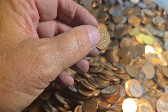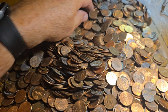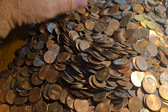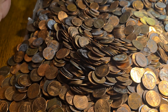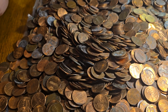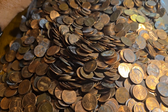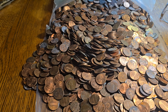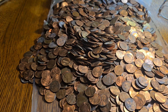Here's a Canadian. I was looking through the bag. When I got it and put it in the trunk of my vehicle, I could see a lot of wheat pennies just scattered throughout the top portion of that bag. And I flipped it over 3 different sides, and I saw wheat pennies everywhere. And so I was like, okay, this bag's got some wheat pennies. And it did. Had a lot of 1910s, some 20s, some 30s, and of course a lot of 40s and 50s, which is not abnormal. But anyway,